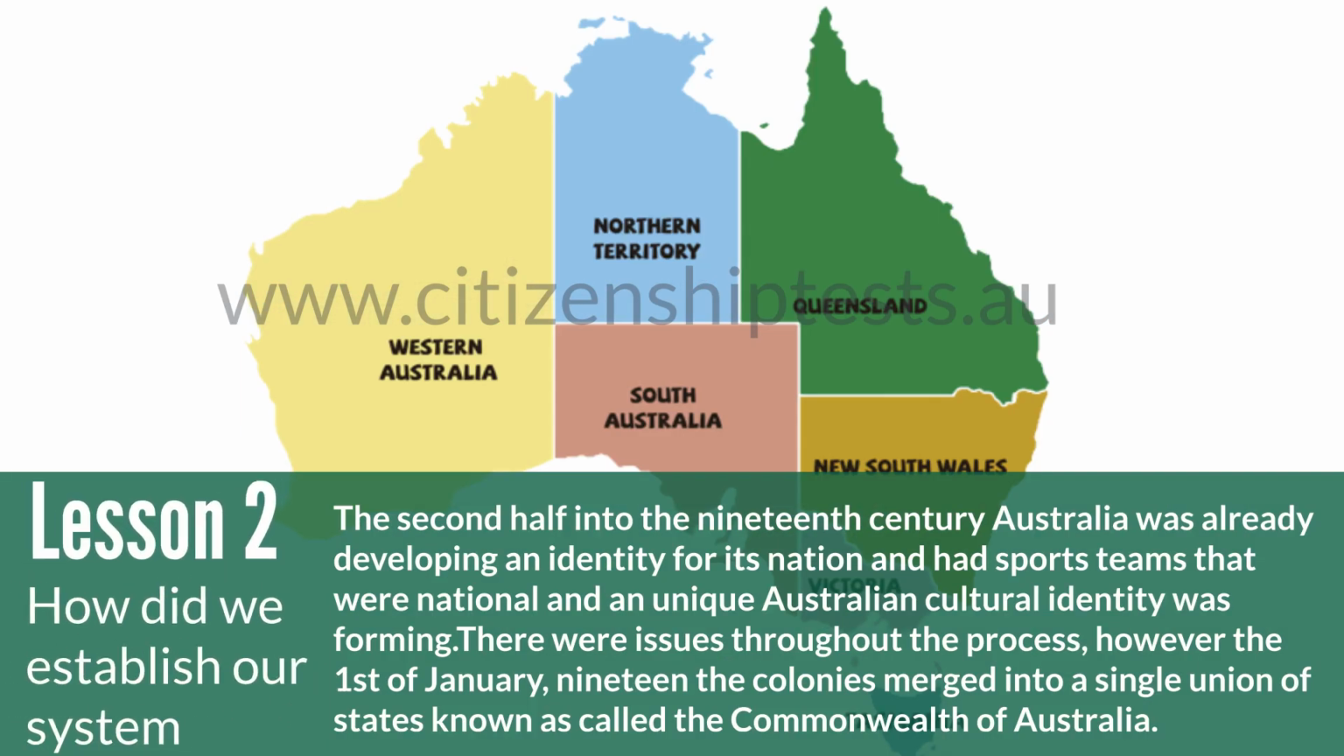In the second half of the 19th century, Australia was already developing an identity for its nation and had national sports teams, and a unique Australian cultural identity was forming. There were issues throughout the process. However, on the 1st of January 1901, the colonies merged into a single union of states